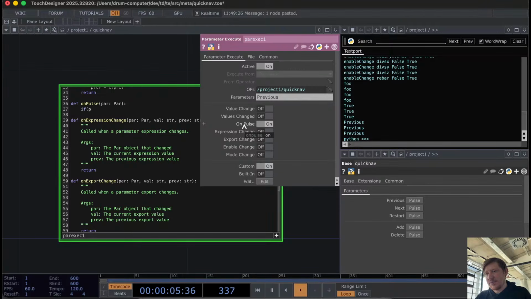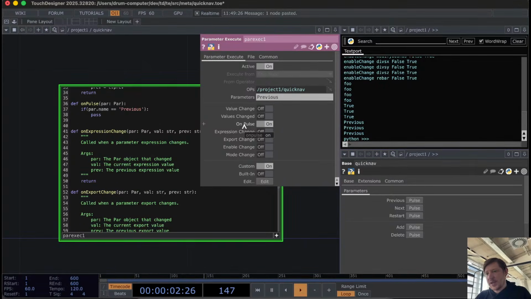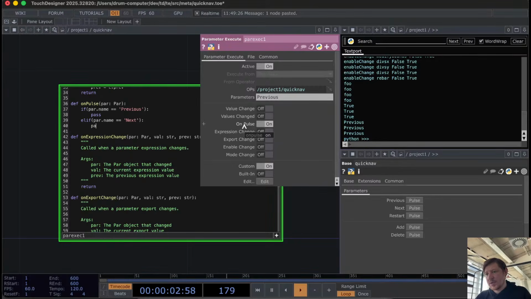Say if par name equals previous, pass, elif par dot name equals next, pass,